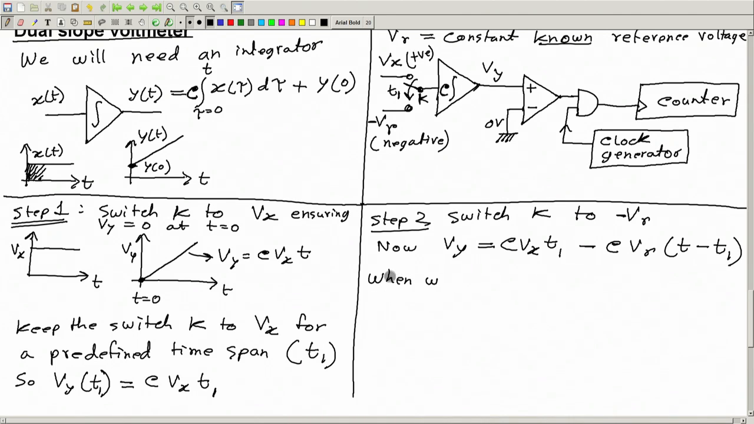One more thing, okay, so at this moment we are switching it, and we will also start this counter at t equal to t1. Okay, so let me write: also start the counter at t equal to t1, or at t1 simply, and continue counting